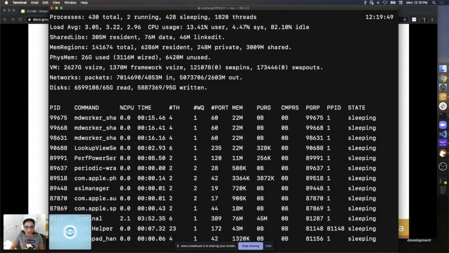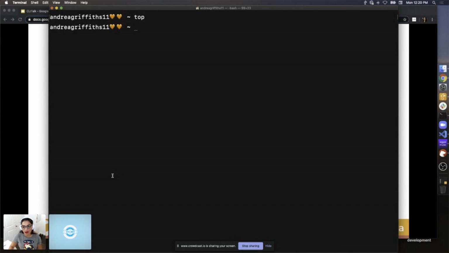This is very cool because you can edit the way that it's displayed to you. You can sort it by pressing M, so to sort by memory usage, or you can reverse the output. So there's a couple of things that you can do with top that are very, very useful. Back to killing the processes when they're stuck. One thing I love about the top command is it's going to display that process ID number. So you can see here how I have this number that's going to be directly linked to this process. And now I know exactly what I want to terminate. So to exit top, all I have to do is Q,